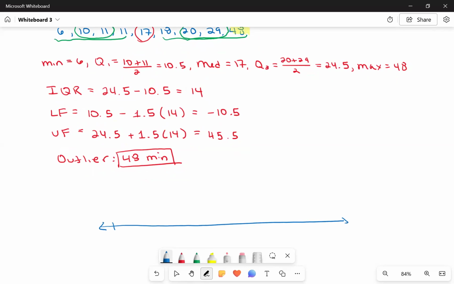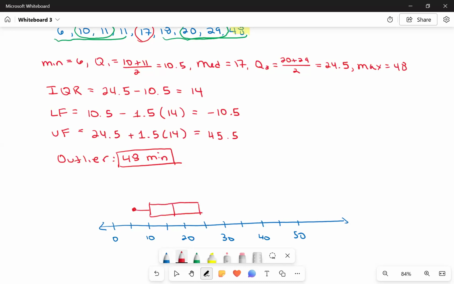0, 10, 20, 30, 40, and 50. And then here, I'll just kind of put a middle mark just to help me for the 5s. Okay, just to give me kind of a little bit to reference. All right, so 6 should be a little bit above here. 10.5 would be very close to the 10. 17 would be kind of in the middle right there or so. 24.5 should be really close to the middle here. Here's my box